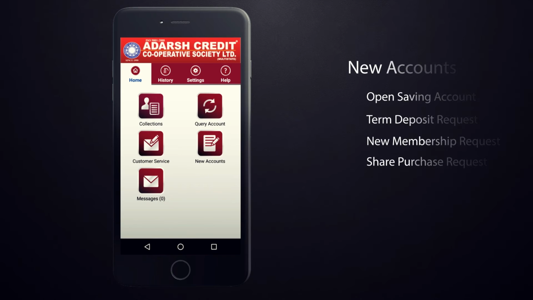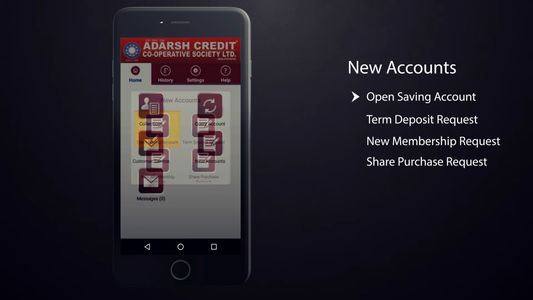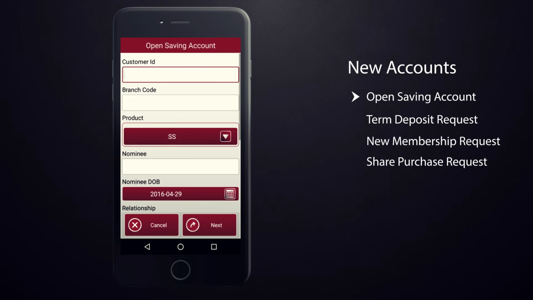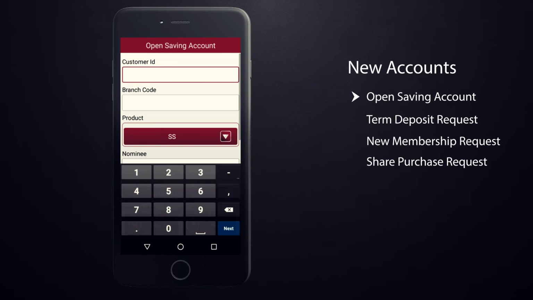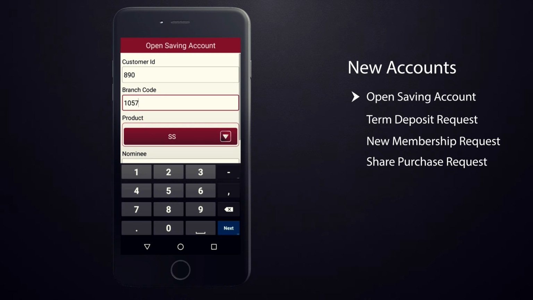To open a new account or generate a request for term deposit, new membership and share purchase, tap on New Accounts icon. To open a new savings or current account, tap on Open Savings Account icon. Enter Member's Customer ID. Enter Member's Branch Code. Pull down Product drop-down menu to select your product. Select a suitable product